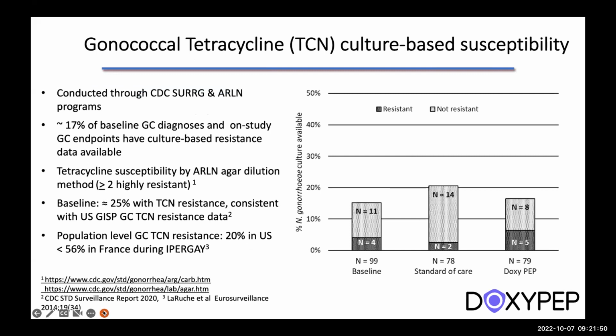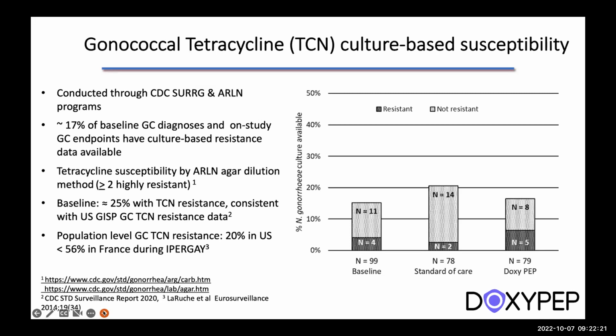In terms of gonorrhea, we had those that had a positive nucleic acid test. We tried to get in for a culture through the CDC surge protocol. And we have data for about 17% of endpoints. It's sometimes hard to get people in before they were treated, and not all of the samples that were taken grew. But for the samples we have, I'm showing it on the right, that you can see that